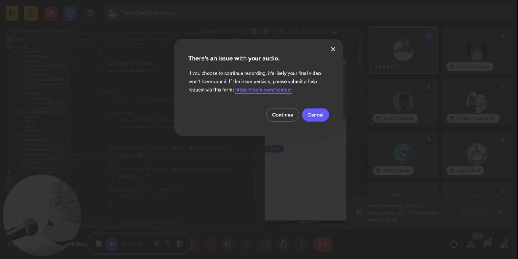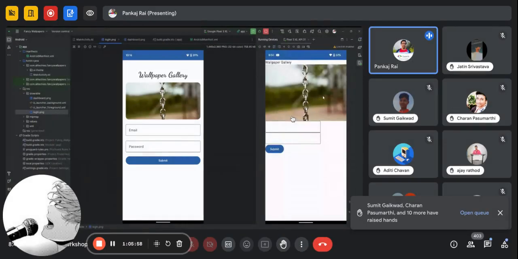Okay, so here it is. Now, just see this. This is our original screen, what we want. And that's the screen that we are seeing. So what can we do to make this